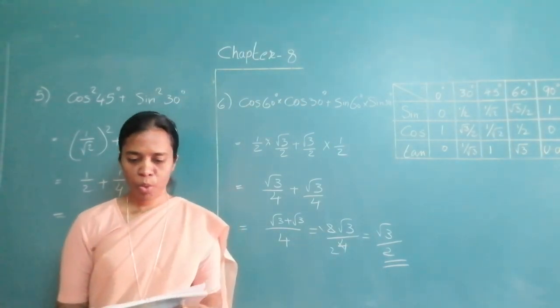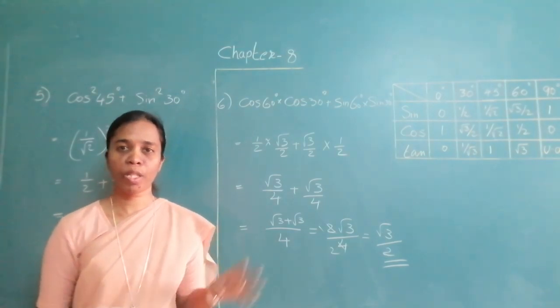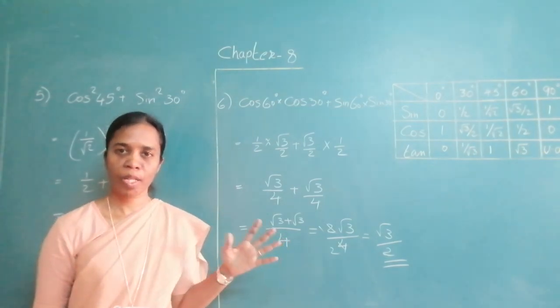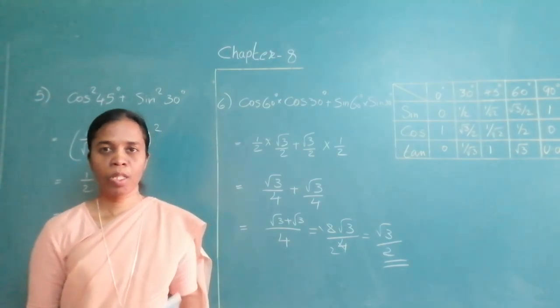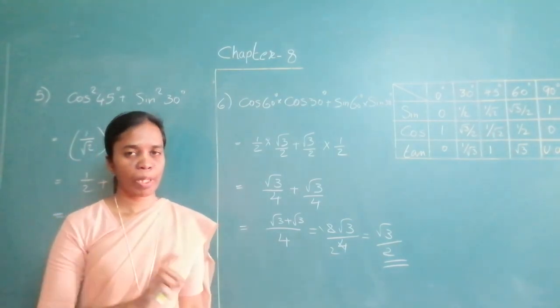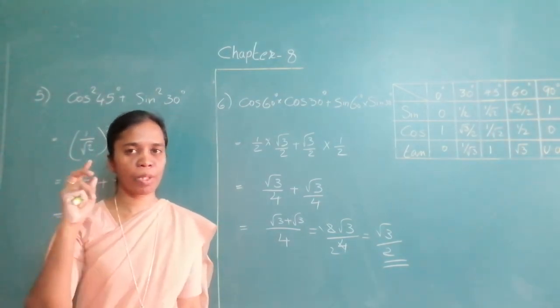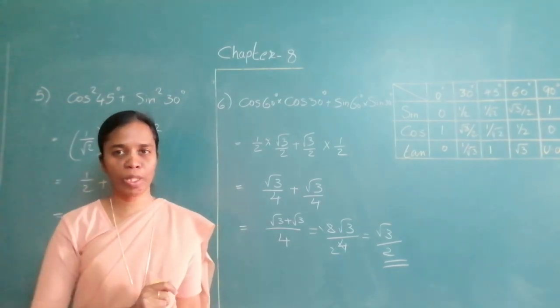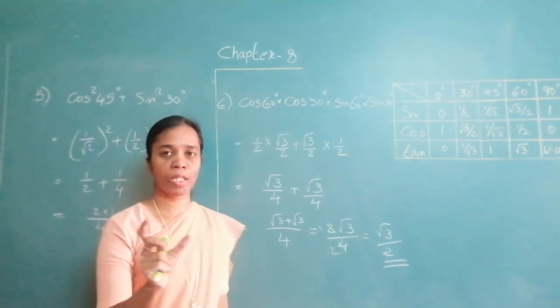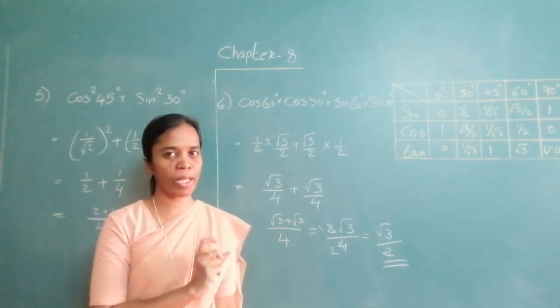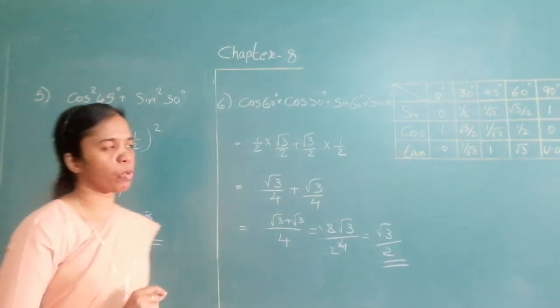Okay, I am giving you some questions for your homework based on this. I want you to try it out. Very simple. Just keep your mind whether it is square, because sometimes we tend to miss out the square sign of it. And then multiplication should be done first, then the addition. Board marks. Please remember that.